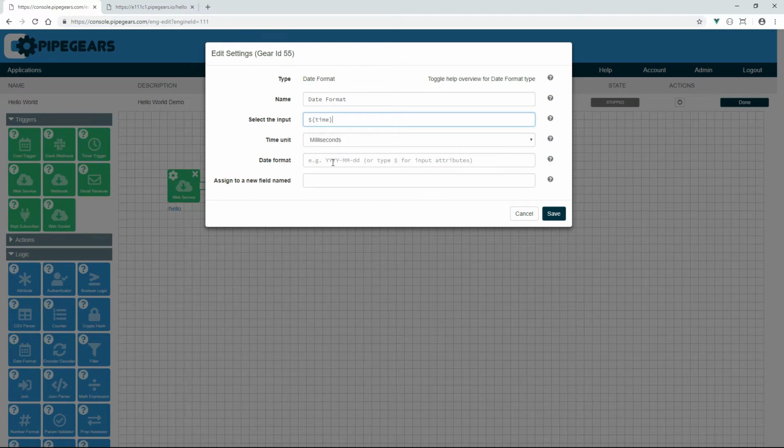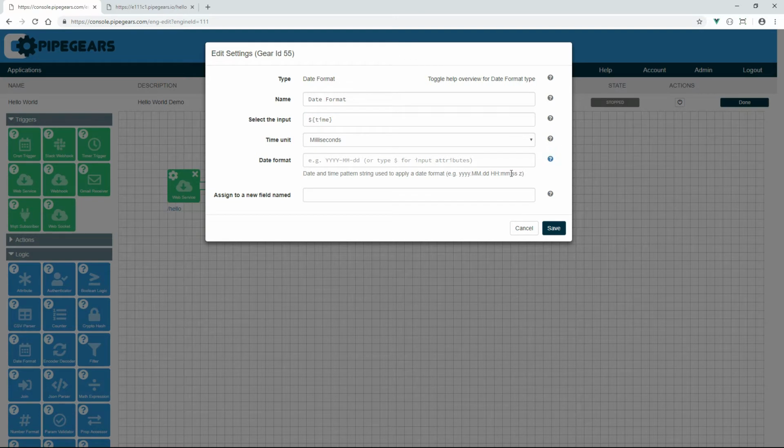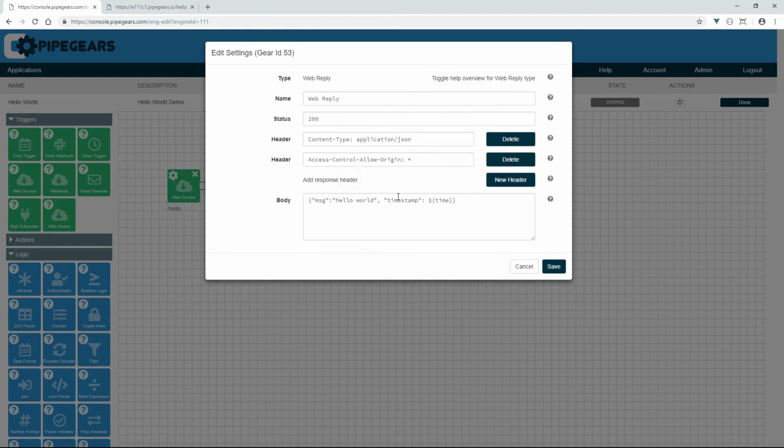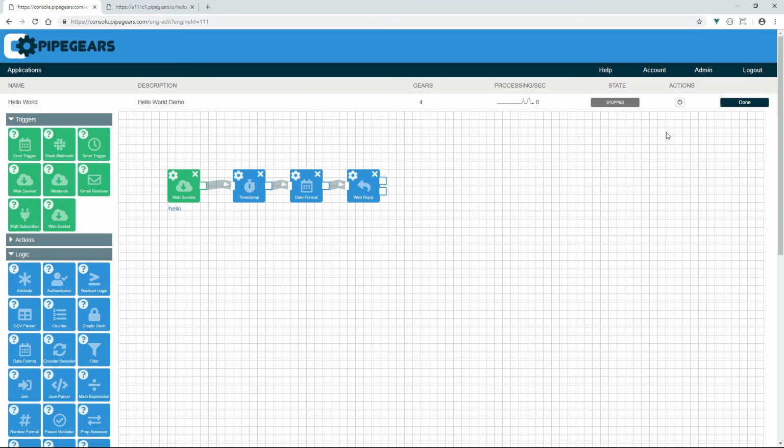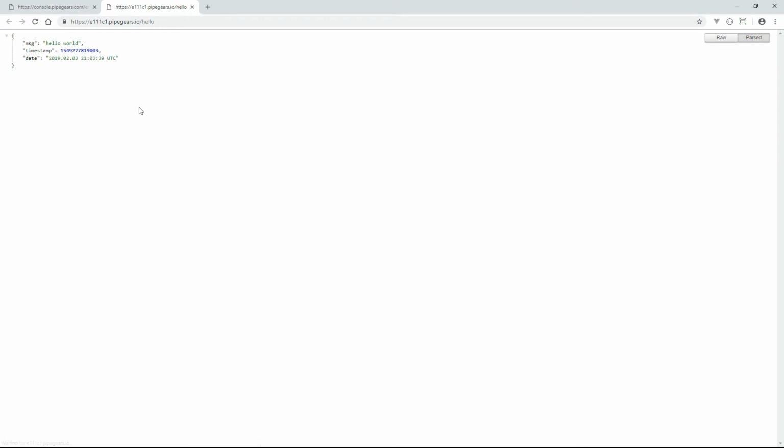And I'll specify some kind of a date format. I'll just cut and paste what's in the help here to make things quick. And I'll assign that to a new field called date. Now save. Now in my web reply, I now have access to this new date attribute, so I'll add it to my JSON object here. Date, and then date. Like that. I'll save that, rerun the application, and now you can see that I actually have my date